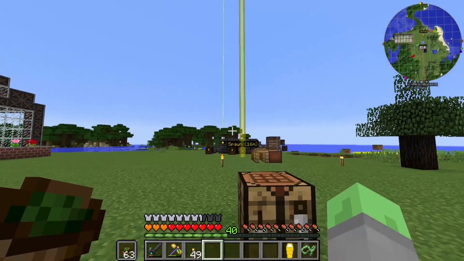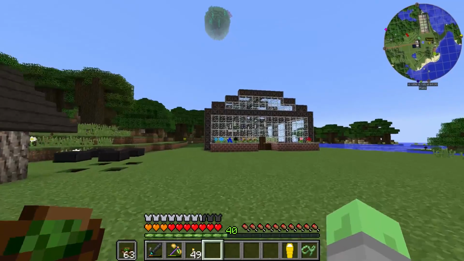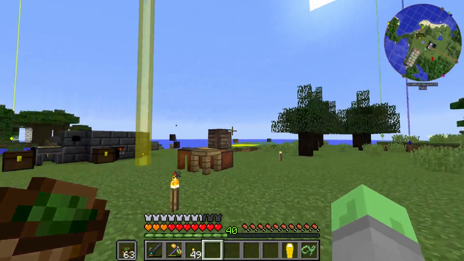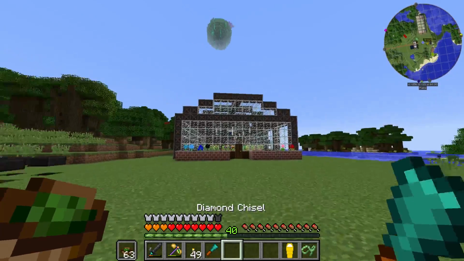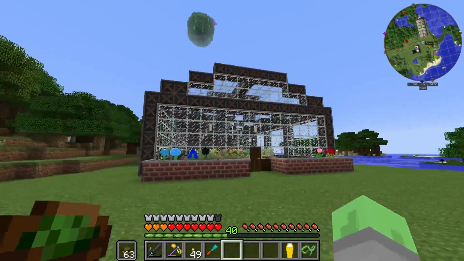And we are out here just to look at the awesome view, look at the greenhouse. We are now in a new version of the Hermit Pack, and in this version I've been looking around at stuff a little bit, and you can see that this diamond chisel actually works now. And hopefully some of these conduits and stuff...